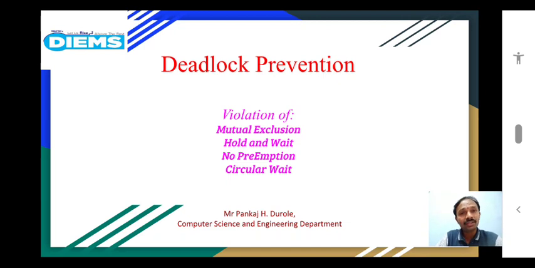If they exist, mutual exclusion, hold and wait, no preemption, circular wait, then only the deadlock becomes applicable to the operating system. But prevention will be very simple. If the operating system could violate any one single condition amongst all of these, it will be very easy to prevent the deadlock. So now let us learn the deadlock prevention in detail. So let us start.